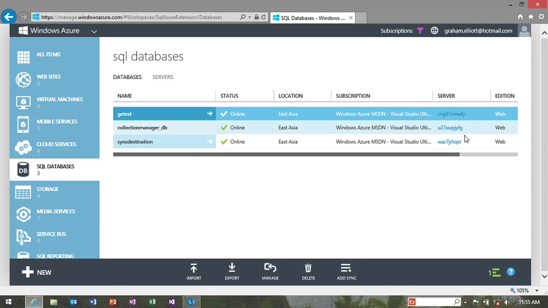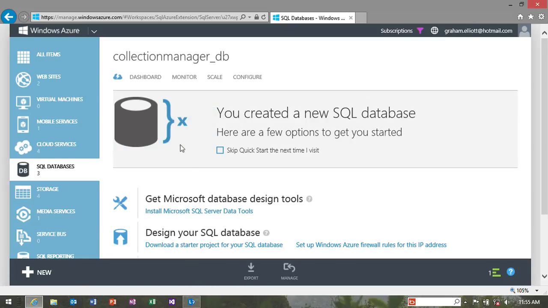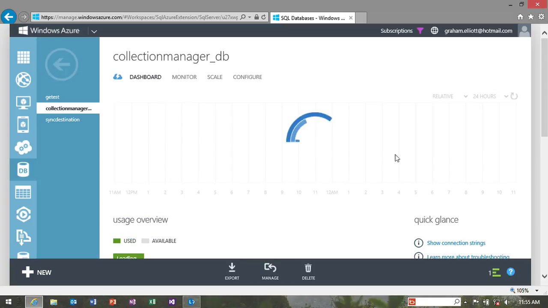It's not a physical server because your databases will be spread across whatever servers we deem appropriate. If you have a look, each of these is deployed in East Asia, which translates to Hong Kong, somewhere in Hong Kong. All right, I'm going to grab this collection manager database, and if I have a look at the dashboard,